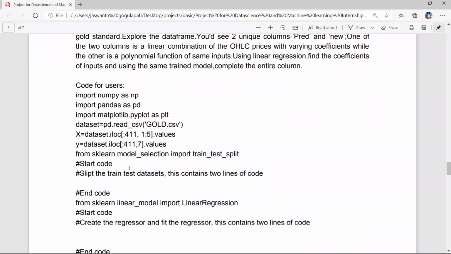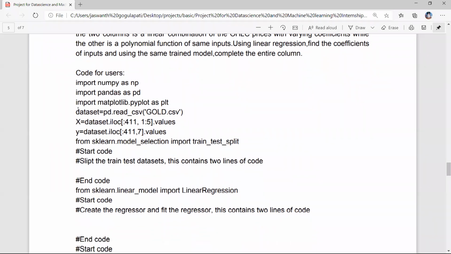Next, we are going to split the x and y. Means based on x we will predict the y, no. So we divided x and y into four data frames: x train, y train, x test, y test. We'll fit the model with x train, y train. Means we'll train the model according to the values of x train.